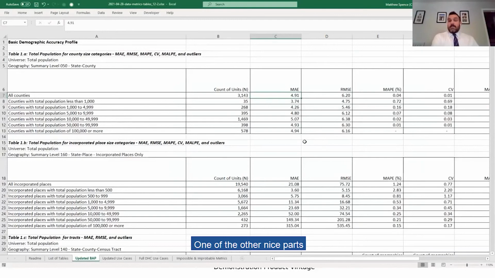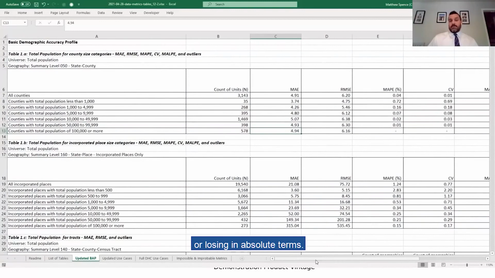One of the other nice parts of these detailed summary metrics is that we've broken it down by size category as well. We initially did this to see if there were disproportionate impacts on the smaller geographies. And what we can see here is that the mean absolute error is approximately the same for all counties, despite the increase in size. So the smallest counties with a population of less than 1,000 gained or lost about 4 people, 3.75, and the average county of 100,000 or more people gained or lost about 5 people. So 4 to 5 people gaining or losing,